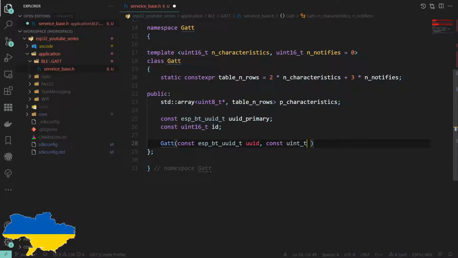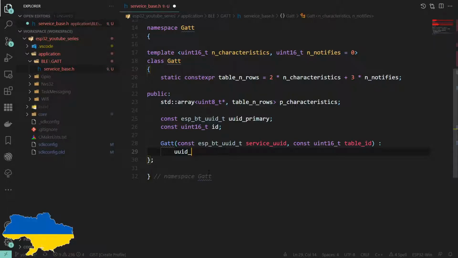There is argument on that. Then uint16. And because we're in the constructor, we can give it a slightly nicer name. Service UUID, like that.